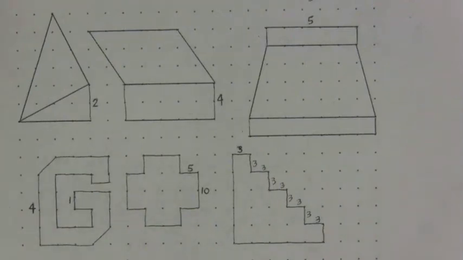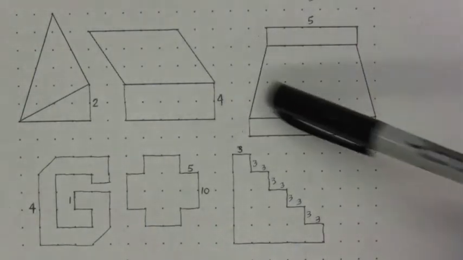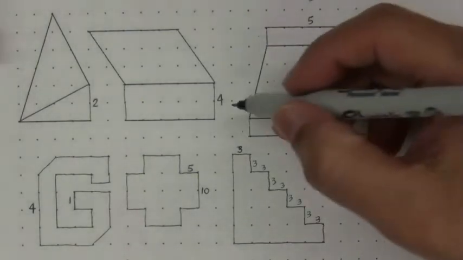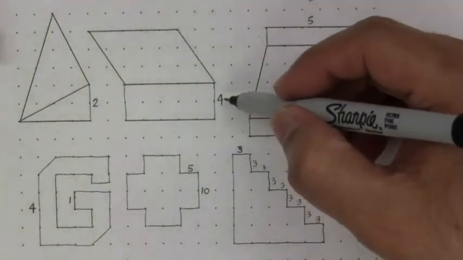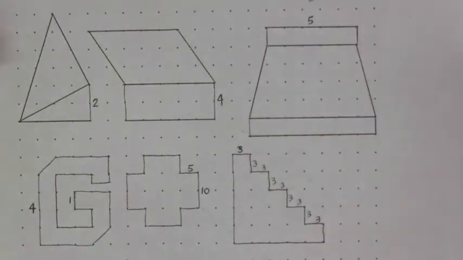In this exercise, we are asked to find the areas of some complex figures. We have to use this grid that we're provided with and the dimensions that are given. For example, to find the area of this shape, we notice that the height of this rectangle is 4, which